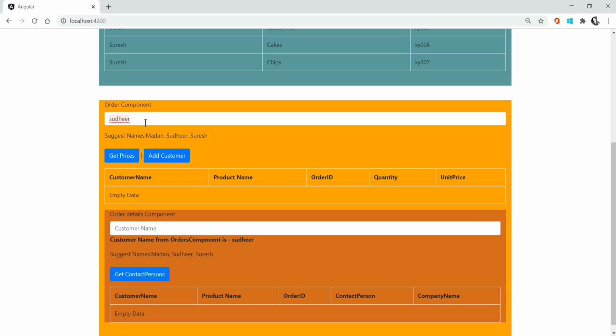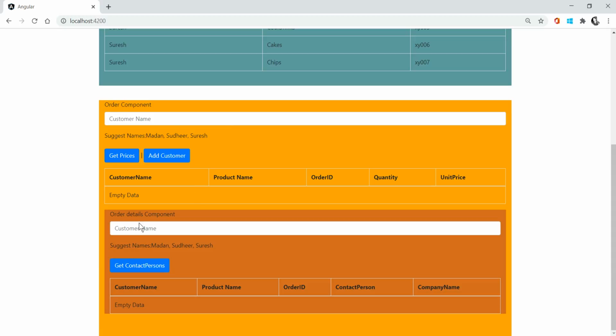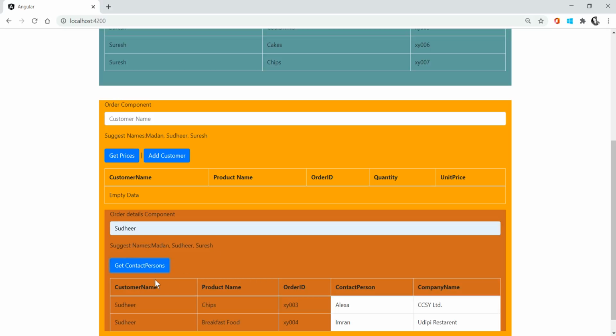Now if you come to the output and I refresh, see, again I can get the Sudhir related details. I can get the details based on get contact person. The difference is only the contact person and company name. The Sudhir contact person and company name you can see in the order details component. That is the only difference, but everything is the same.